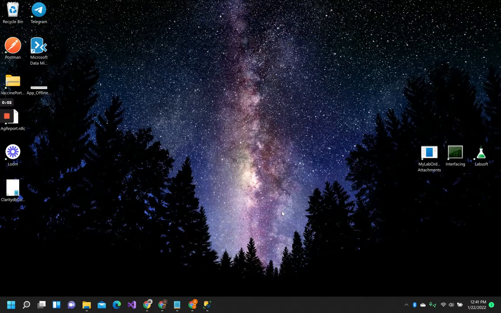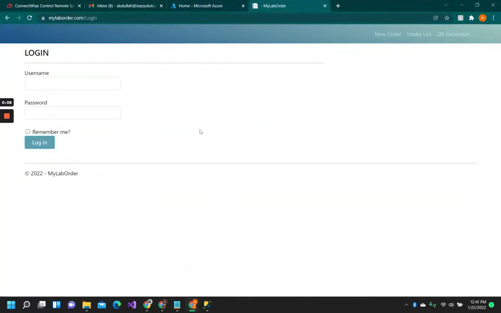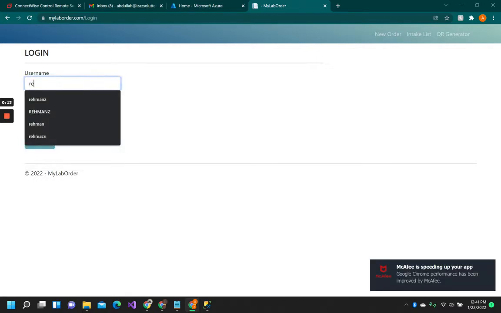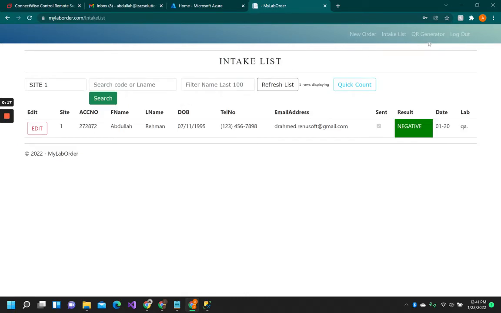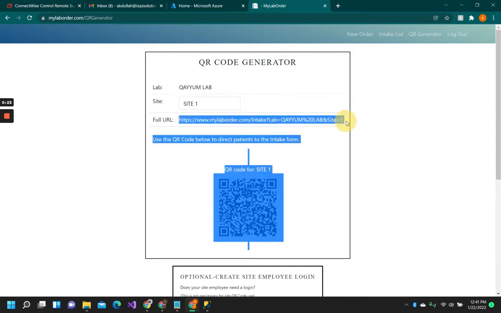Let's go through the process of submitting an order on MyLabOrder. Okay, so the first thing we want to do is log into my admin account on MyLabOrder. Alright, I'm going to go to the QR generator page, and for Site 1 I have this URL